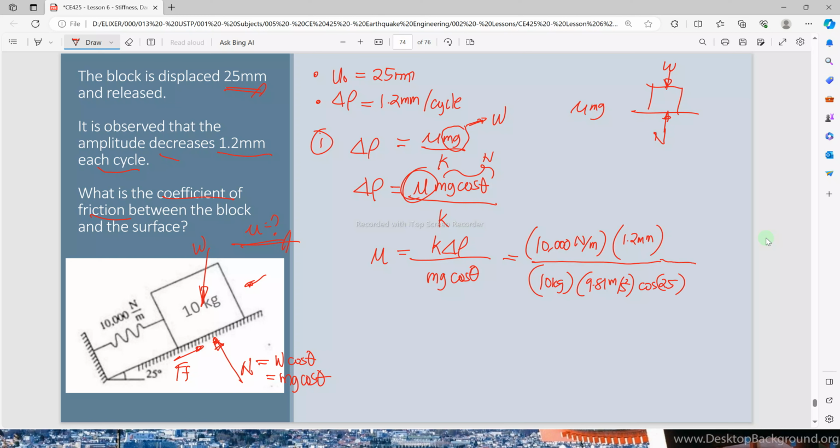Take note of the units. This is millimeter. To cancel meter here, millimeter should be converted to meter. So we have 1 meter per 1,000 millimeter, so that millimeter cancels and meter cancels. Okay? So here, for our coefficient of friction, we have 10,000 times 1.2 divided by 1,000, so we have 12 over 10 times 9.81 cosine 25, which is 88.909, which is equal to